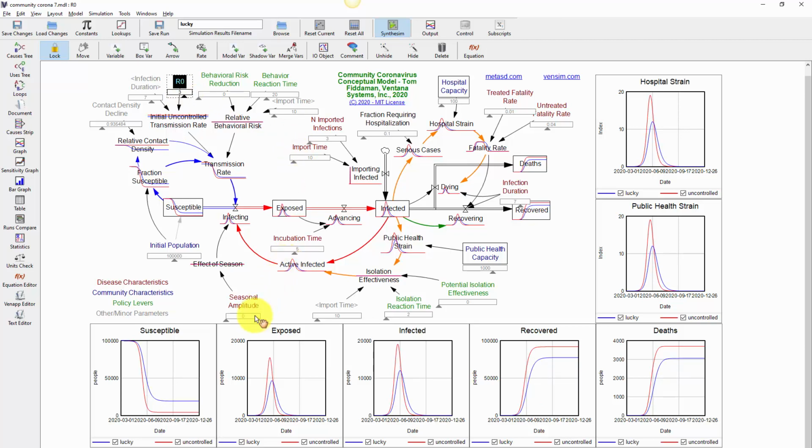And another possibility is that summer will come along and coronaviruses don't like heat, so there will be less infection spread over the summer. But everything I've seen in the literature so far says don't count on it, unfortunately. But I'll leave a little bit of seasonality active here. So this is a somewhat arbitrary improved scenario, but it's still basically a health catastrophe. We're now peaking at 10,000 infections instead of 20,000. It happens a little bit